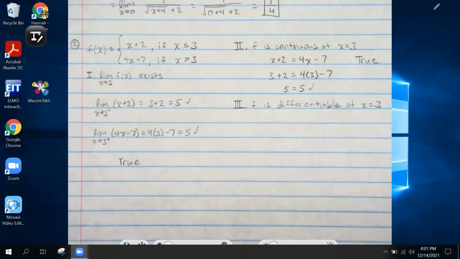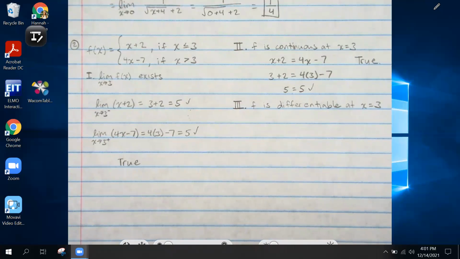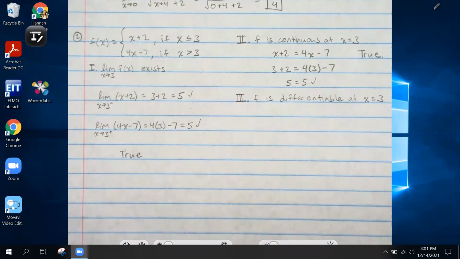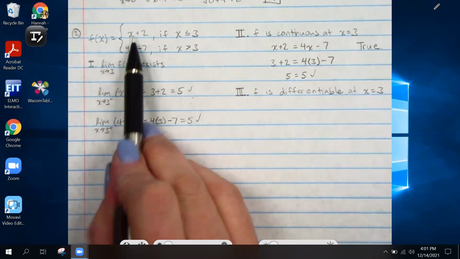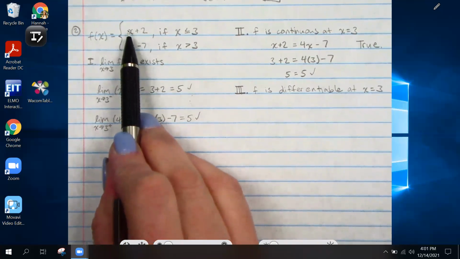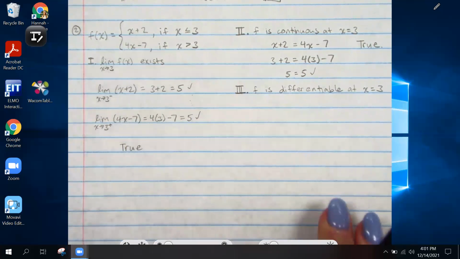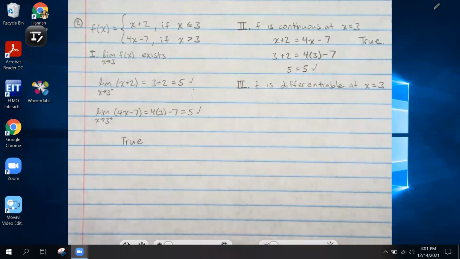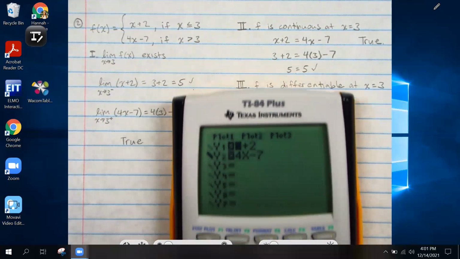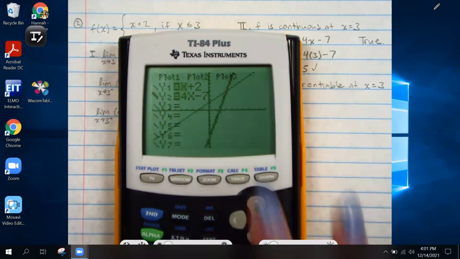The third statement, f is differentiable at x equals 3. For this one, I would suggest looking at what these graphs are going to look like. Because x plus 2 and 4x minus 7 are both linear, which means they're both just straight lines. If we look at a graph,